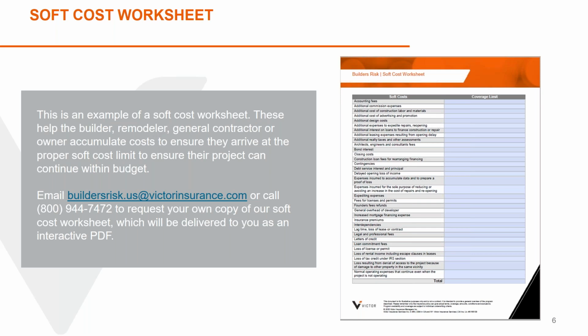So the last thing we're going to cover today, and we're going to pivot a little bit, is what I consider the heart of our program. We created a program a number of years ago, and we said the first thing we've got to do is have a good coverage form. So we have 19 automatic coverages, soft cost being one of them. The next thing, okay, we've got a good coverage form, we've got to set our rates so we're competitive. We don't want to be the cheapest in the market, but we want to be very competitive. We've done that. We want to have capacity, and we have capacity now. We write business in 48 states. We're not in Alaska and Hawaii, but we're everywhere else. We do write frame construction. So we have plenty of capacity.